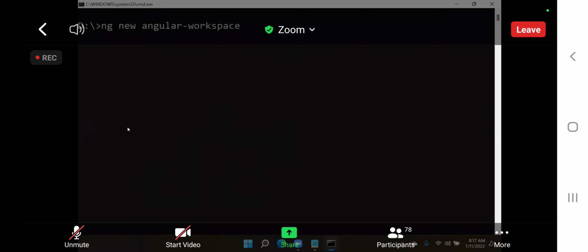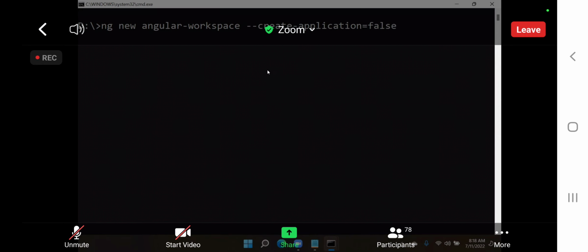Don't use any special characters, use a hyphen if you want separation, or simply give a continuous short name. And then you have to use create application equal to false.